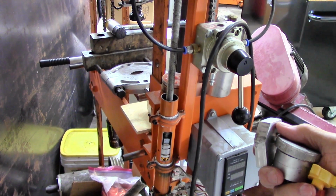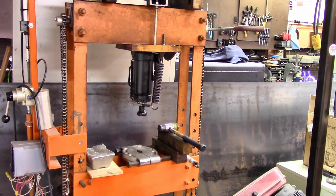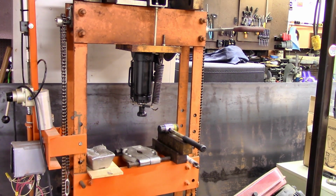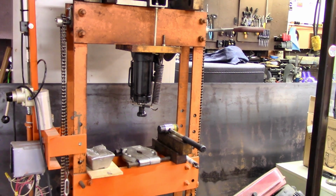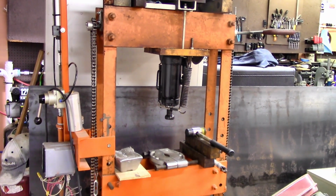Not good. I almost forgot that hydraulic press was something I made back in the 70s. I worked out how to do this. This is sort of a copy of an OTC press, and I copied their layout and everything. Of course, they don't use an upside down jack. They got a power arm, and